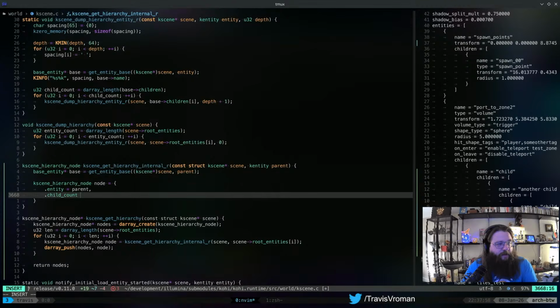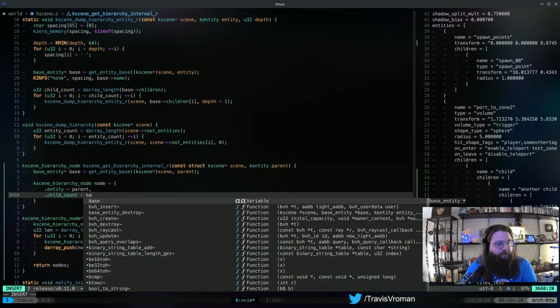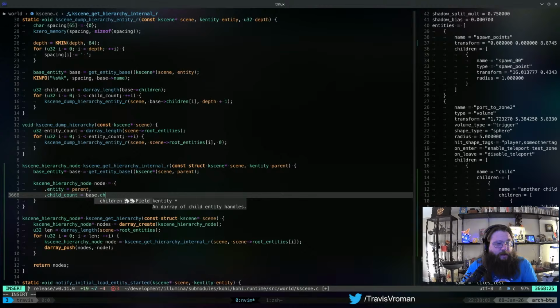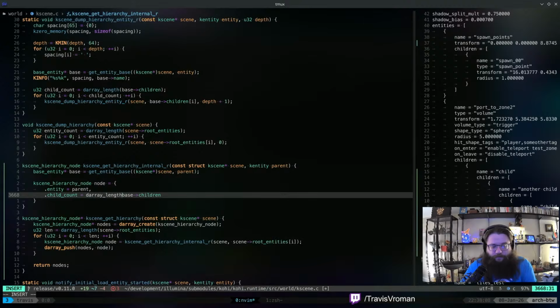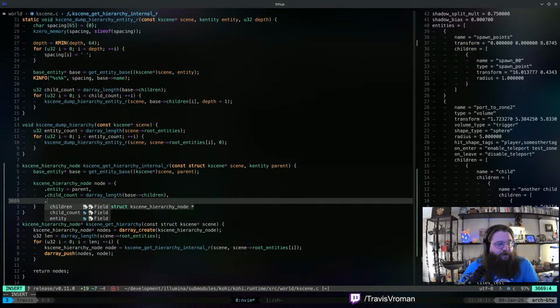And so we can set child count to base children, which is a D array, so D array length of that. And then the children, of course, are going to be, we don't actually need to use a D array for this, so let's actually set that to k null for a second. Or actually, no, we can actually do,